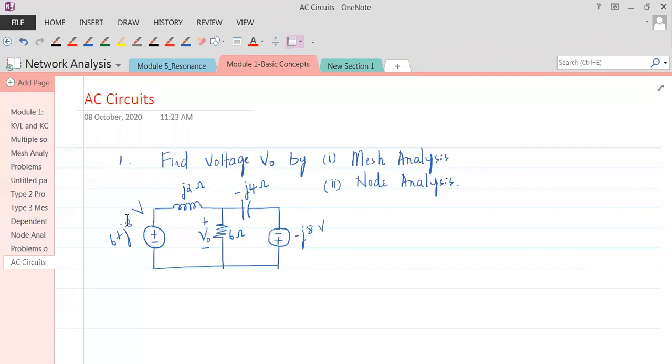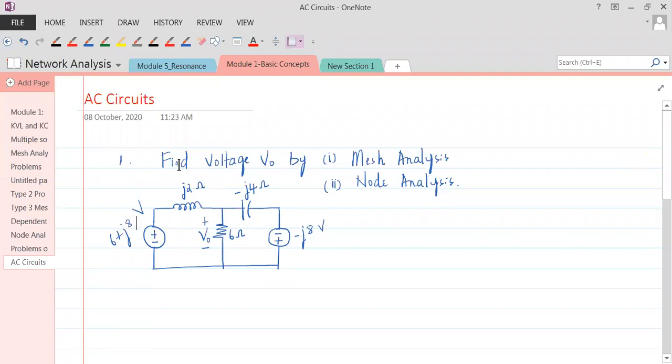I'll be writing the equations so you understand what you need to be looking at: how we should write the equations, after that how we should arrange them in the standard form, and after arranging them in the standard form, how to solve. That is what we should learn. We should really start with the things.